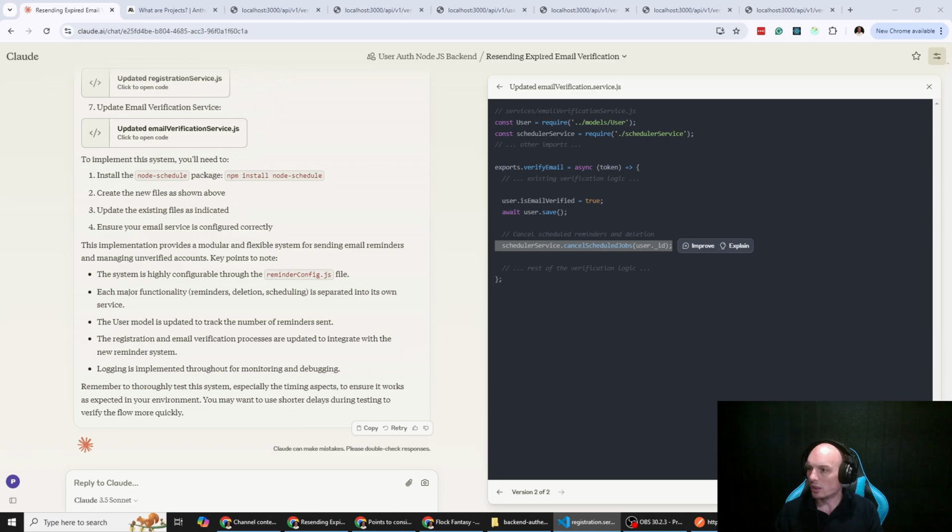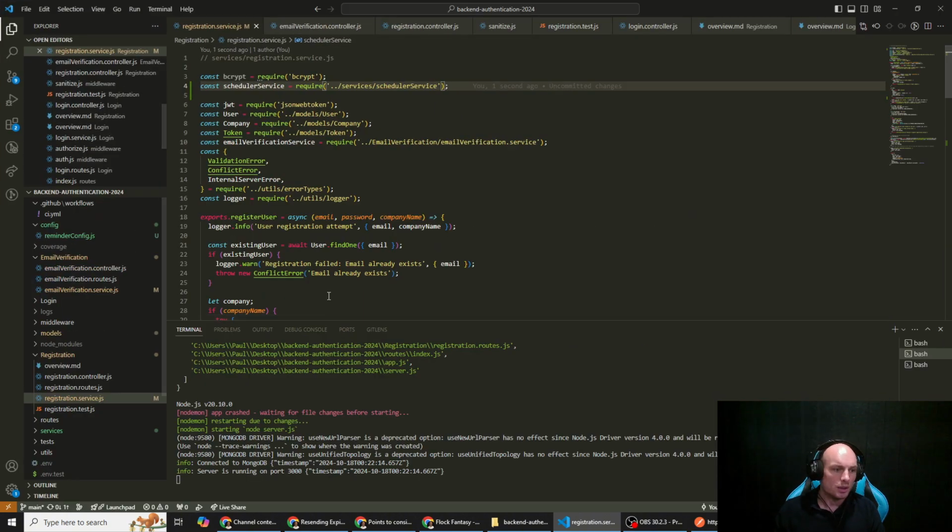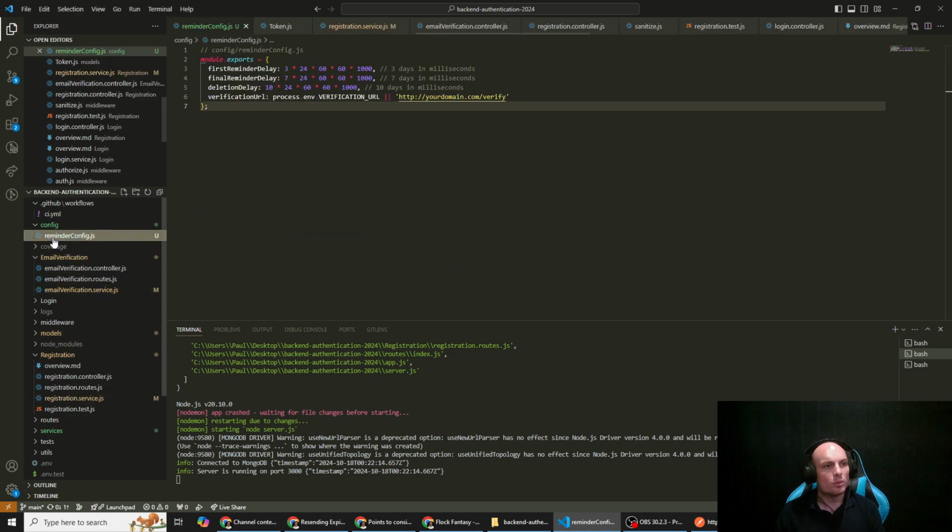Getting just one error, scheduler service. So services, scheduler, save that. Okay, so it's running. What we might do then for testing purposes, we're not going to be able to see